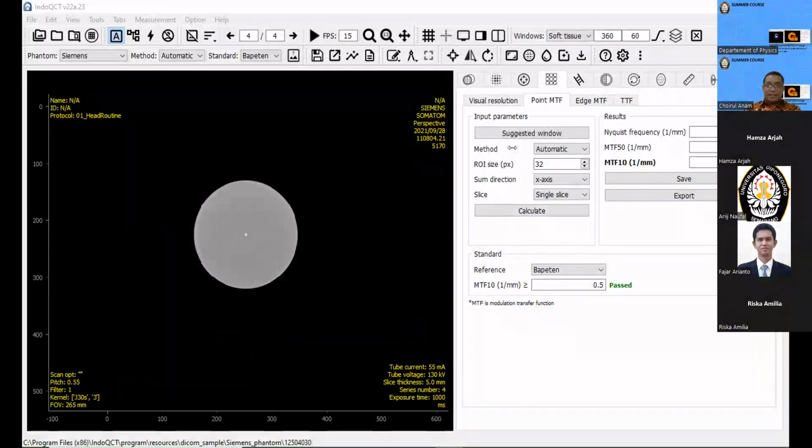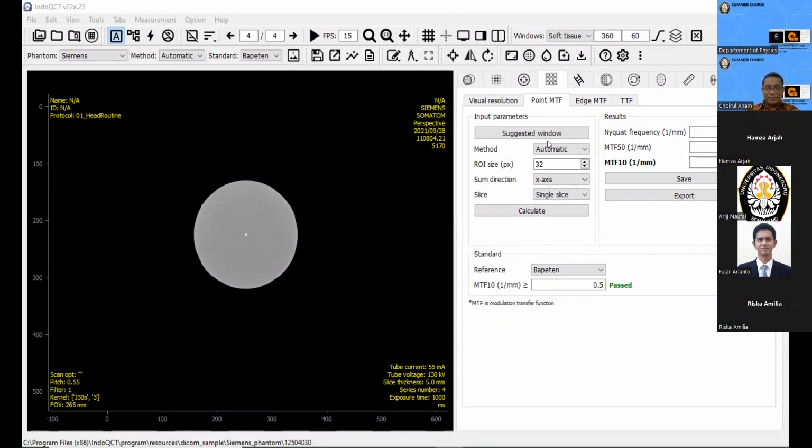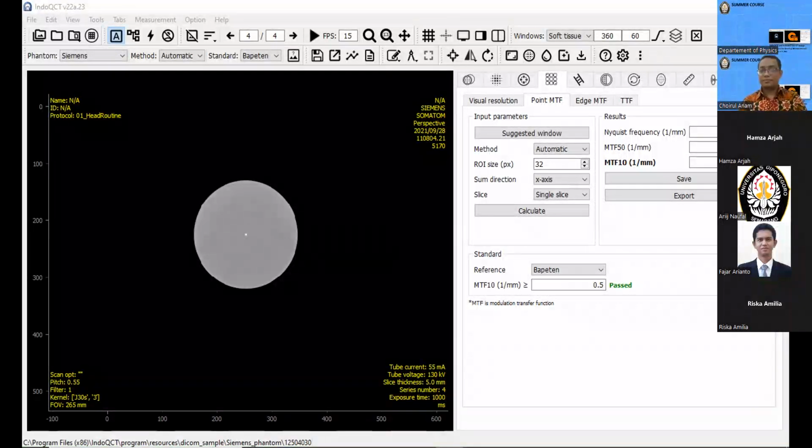Okay, Mr. Hamzah, thank you very much for sending the images to me. Okay, is there any question? For measuring the point phantom? Mr. Fajar, maybe, do you have any question? Not yet, sir. Okay. Mr. Adiwasono? Okay.